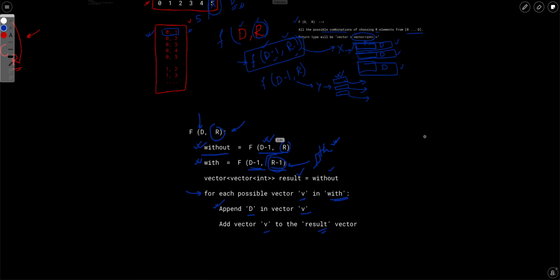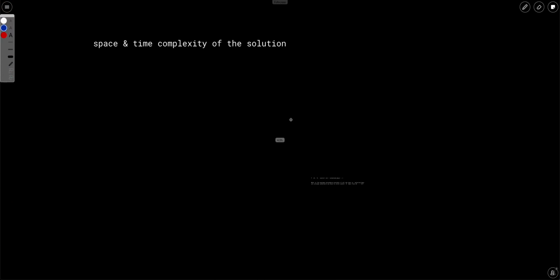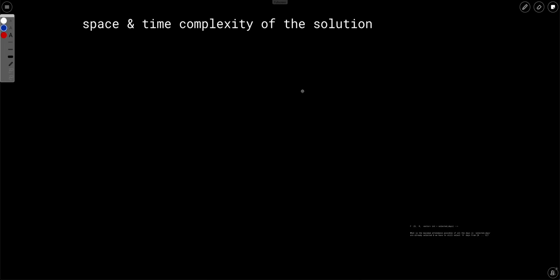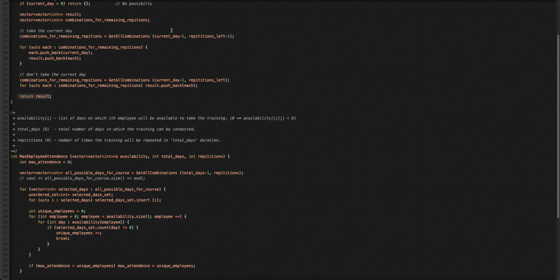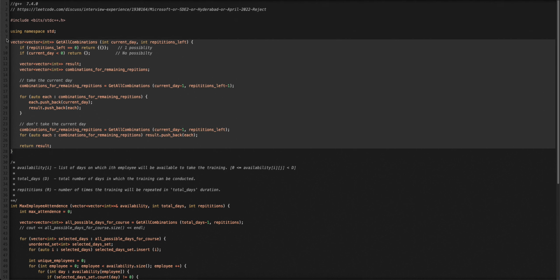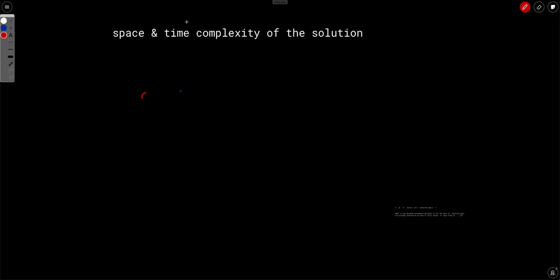Now let's look at the space and time complexity of the solution. Let's look at the code again. We have this recursive function, so either we can try to analyze this recursive function and see what the time and space complexity are, or there is a nicer way. Basically, what we have done is calculate the value of nCr, n choose r. So that will be our time complexity,